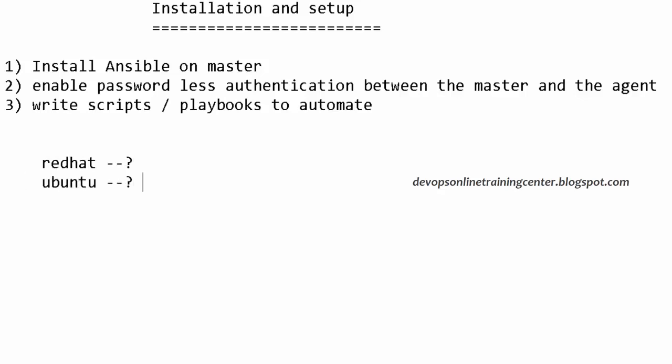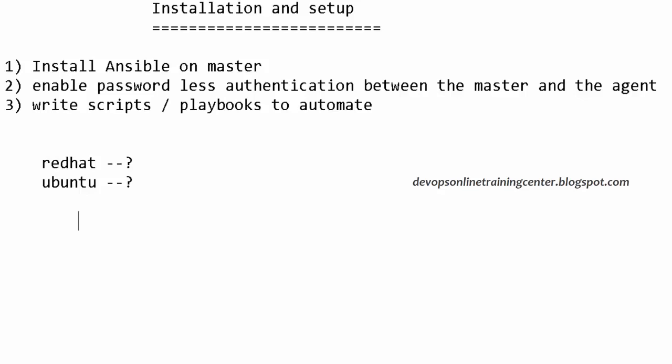So where do we see the repository configuration for Ubuntu? Yeah, it is yum.repos.d for Red Hat and /etc/apt/sources.list for Ubuntu. So there we configure the repository.